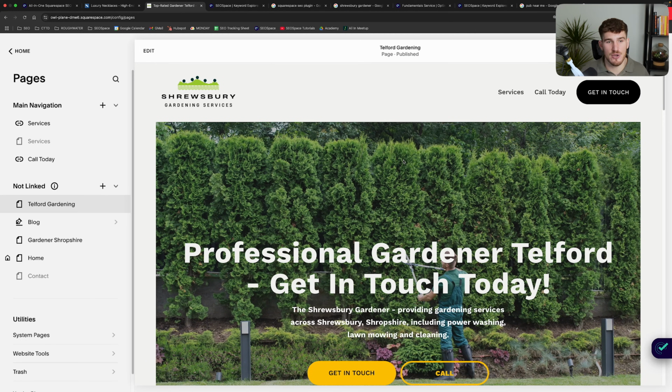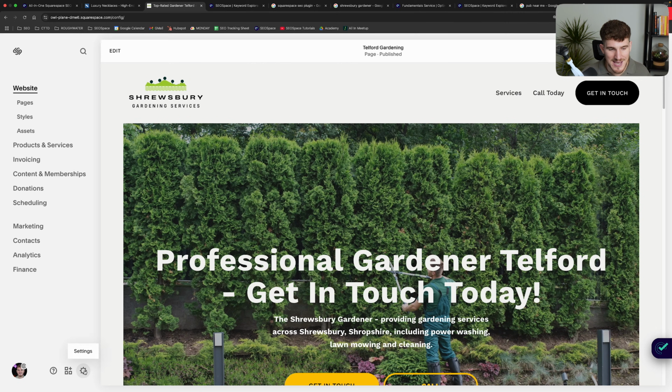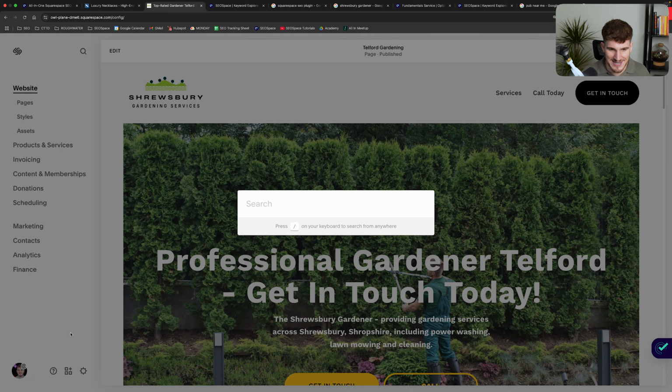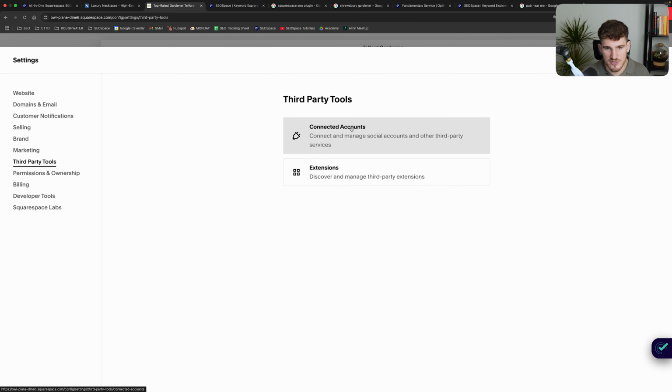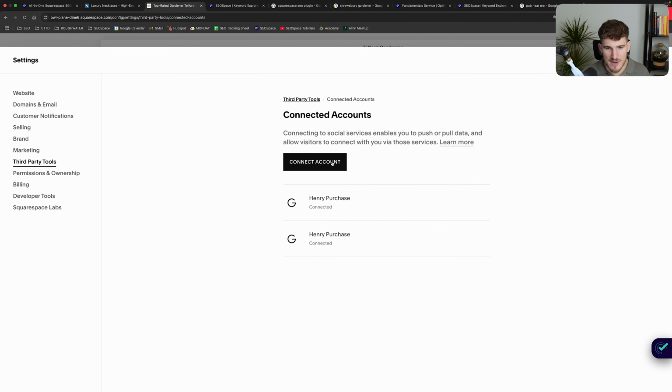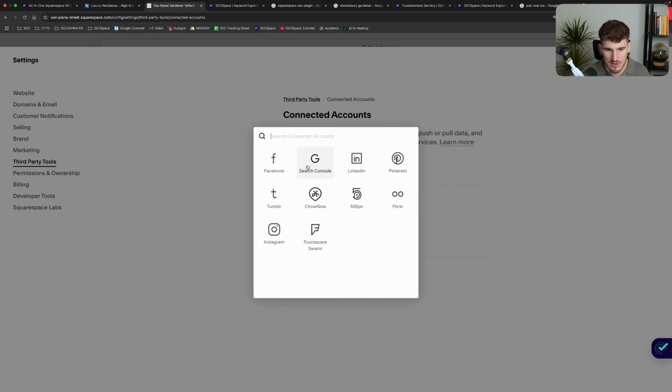It's completely free to use and it's really easy to set up on Squarespace. All I want you to do is head over to settings in the bottom left. Squarespace does often change the dashboard. So if you ever want to quickly get to what I'm going to show you, just press slash and you'll be able to search it here. But I'm just going to go to settings. Then I'm going to go to third party tools, then over to connected accounts. And from here, I can press connect accounts and select Google Search Console in order to connect this Squarespace website